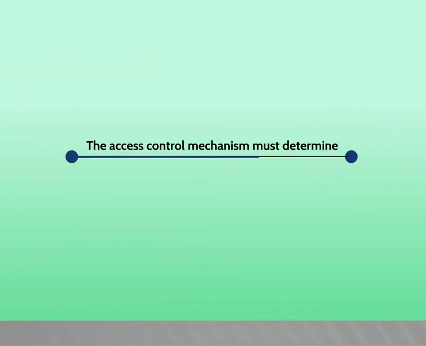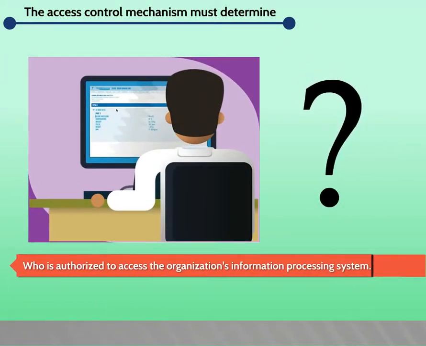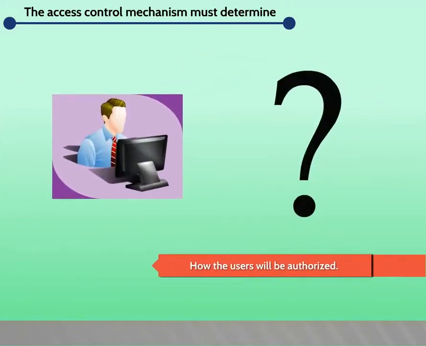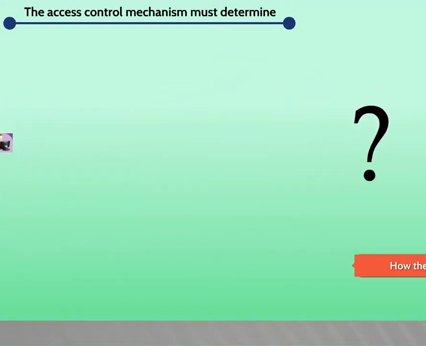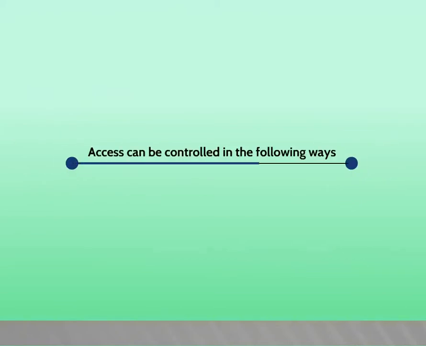The access control mechanism must determine who is authorized to access the organization's information processing system, how the users will be authorized, when the user can access the resources. Access can be controlled in the following ways: